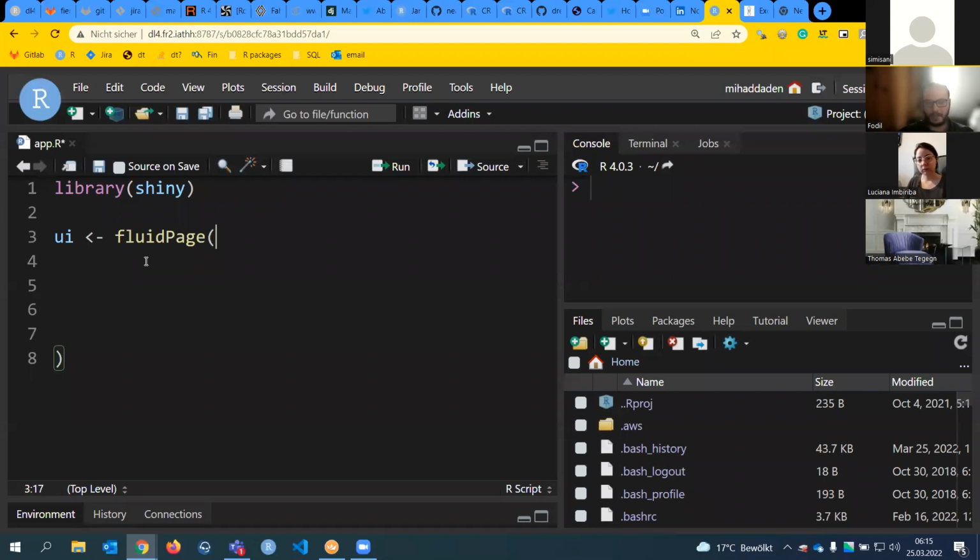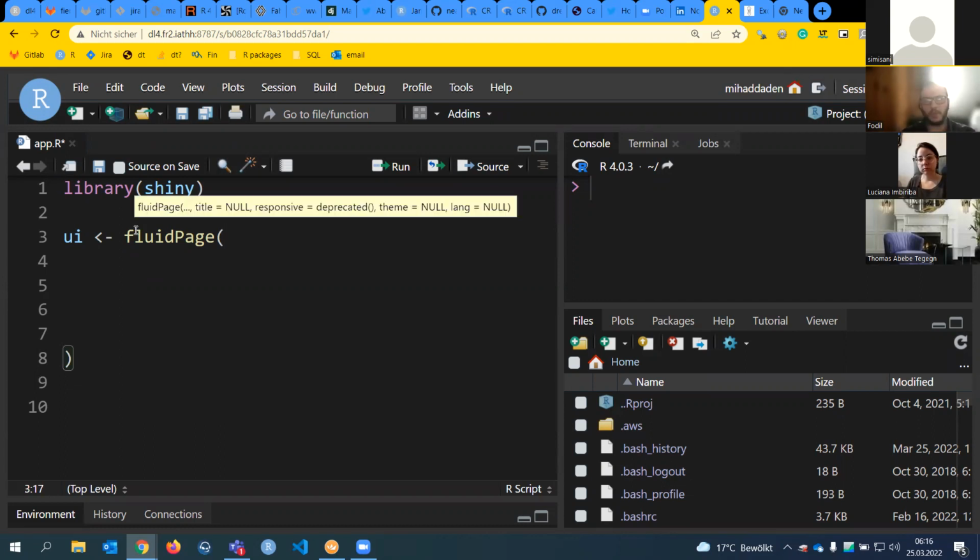So here I have my variable, which is called ui. It's really simple. I can name it anything else, but the standard, when you read about Shiny apps, books, Stack Overflow, they will all name it ui, but you can name it whatever you want. And this is a function call, technically speaking.